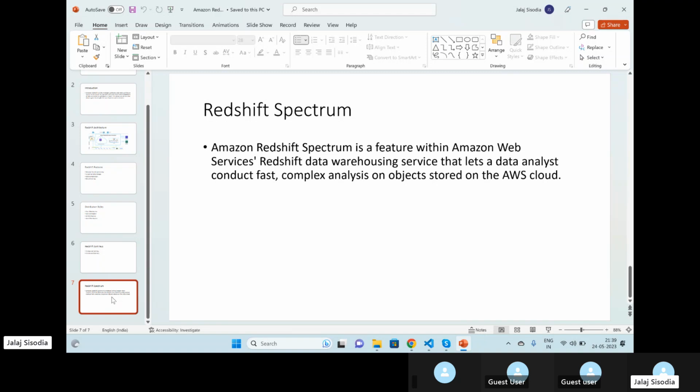Redshift Spectrum allows you to connect your Redshift compute power with data that is residing on some external sources. So this means if we have some ad hoc requirements where we want to join our table, or where we just want to run some queries on our file that is available on S3, in these cases, instead of moving data to Redshift, we might go ahead and use Redshift Spectrum. Now you might say that